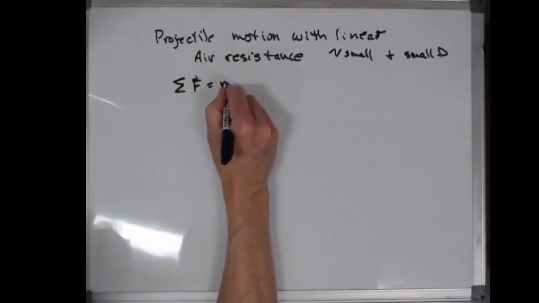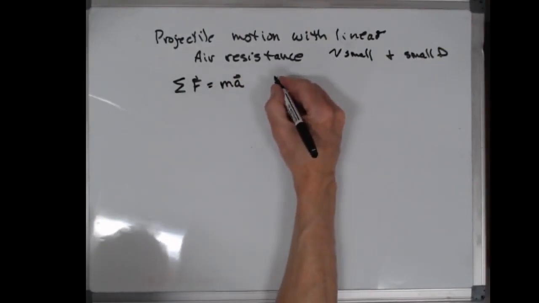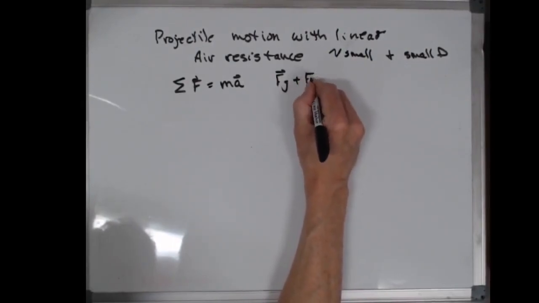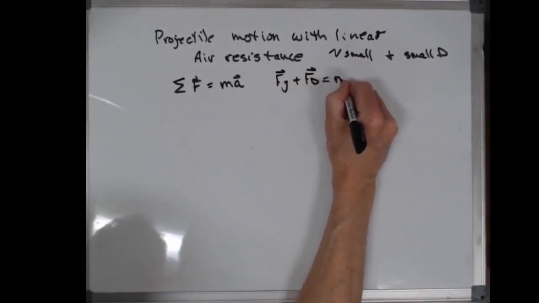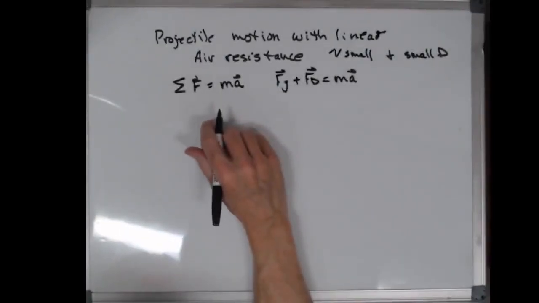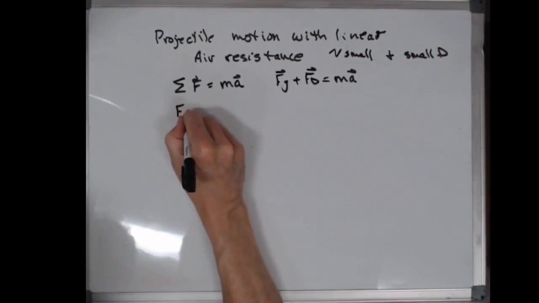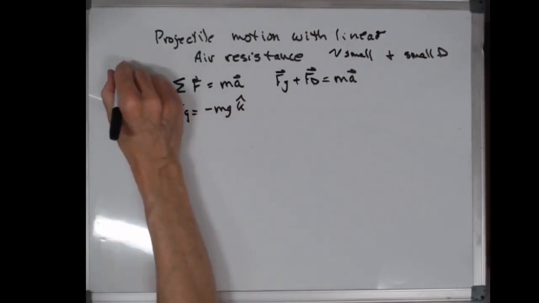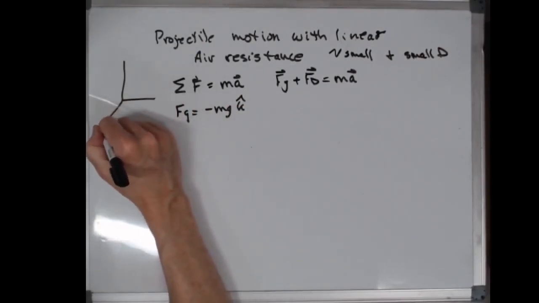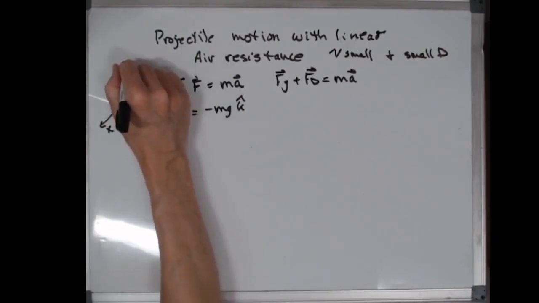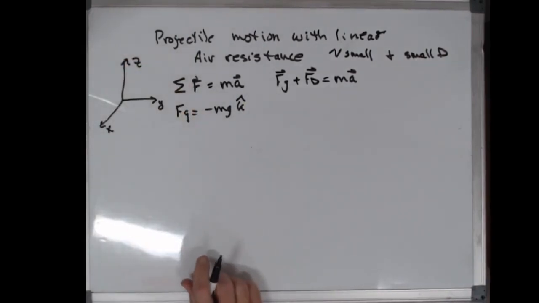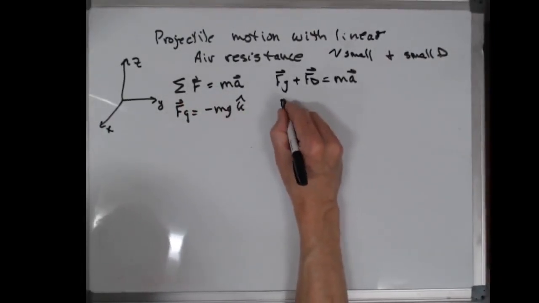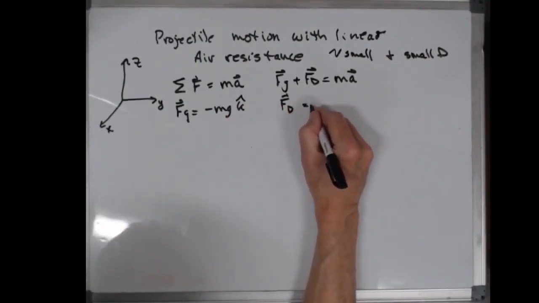sum of the forces is equal to the mass times the acceleration, right? And in this case, this is the force of gravity plus the force of drag is equal to the mass times the acceleration. And the force of gravity is minus mg k hat, if our coordinate system has z up, right, this would be x, y, and z. And so the force of gravity is minus mg k hat, and then the drag force is minus